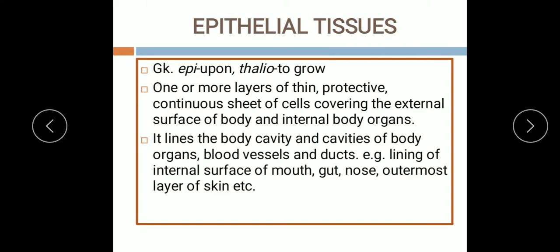Now epithelial tissues vary in the shape of their cells. Their cells may be flat, cuboidal or columnar in shape. Now the characteristic of the epithelial tissue is that the cells of this tissue are closely placed and they form a continuous sheet. As I said, a continuous sheet of cells is present, so they make the covering a continuous sheet, and they are closely packed, it means no intercellular space is present between them. Blood vessels are absent in the epithelial tissue.